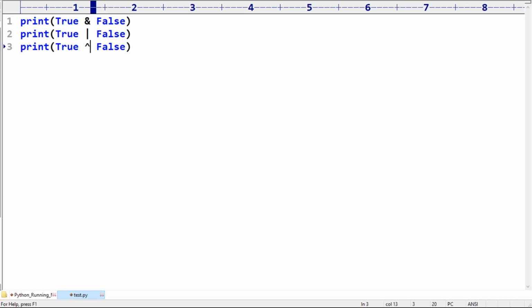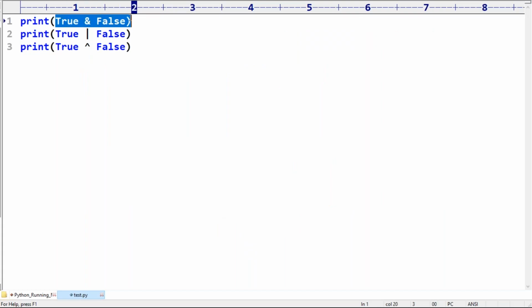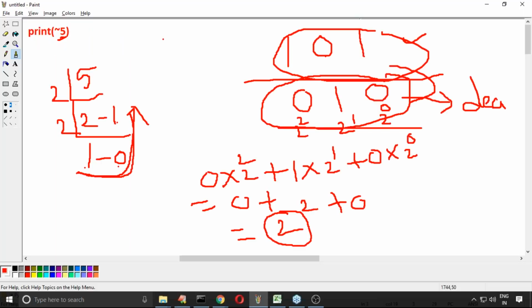So in these cases, I don't think the logical operators' behavior is the same under these operators. Now observe true and false. Both should be true, but here one is false. That's why I'm expecting false. True or false means true, because at least one is true. Here both are different, so true is the answer.